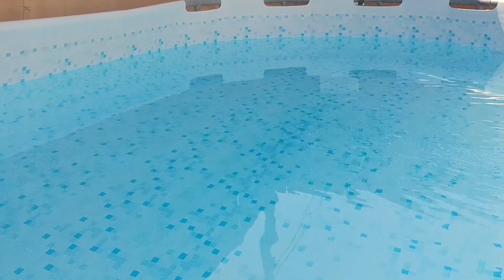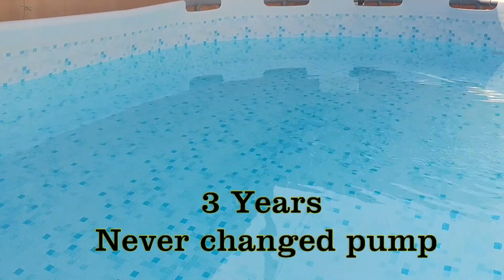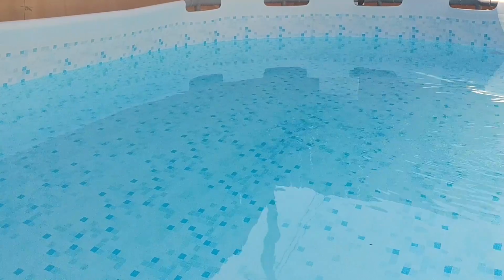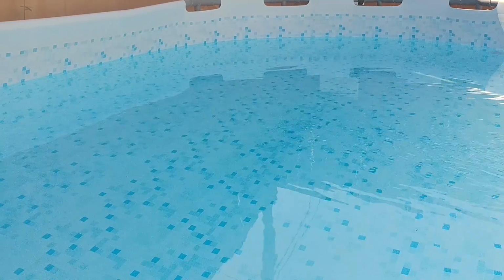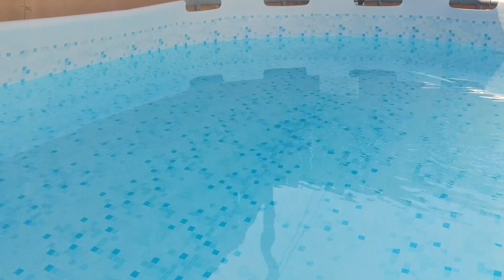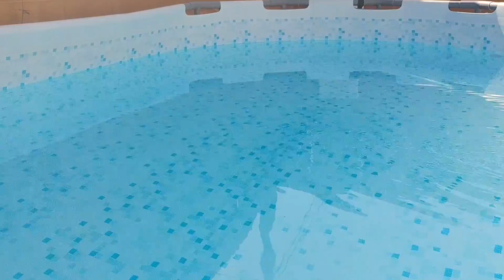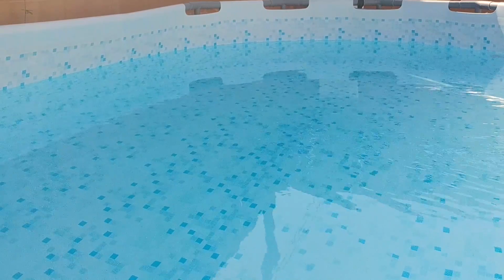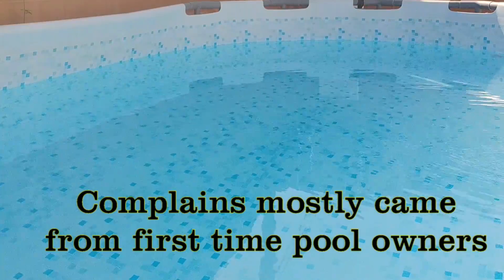I have this pool for 3 years and I still have the original pump, and if you can see right now, the pool water is clear. I almost purchased a new pump as well because I was having issues maintaining my pool water in the beginning of my pool ownership. But then I questioned myself, will the manufacturer purposely put in a pump that is inadequate to keep the pool water clean, jeopardizing customer satisfaction and getting bad reviews and product returns, or is it simply